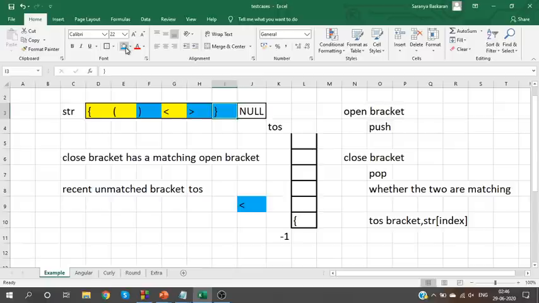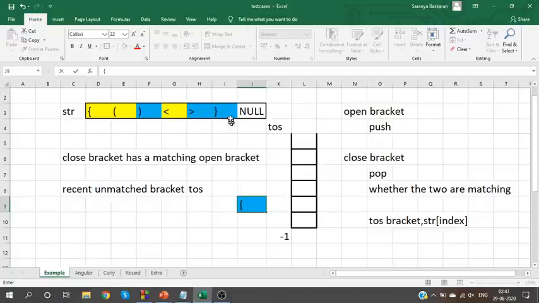I see a close bracket. When I see a close bracket, I need to know the unmatched open bracket. I can't just take the recent open bracket, I need the unmatched open bracket. Where can I find it? I can find it in the stack. So take this unmatched open bracket and compare it with your current close bracket.